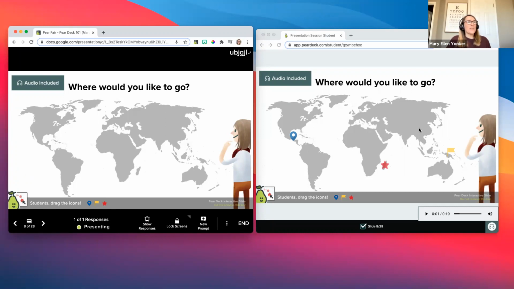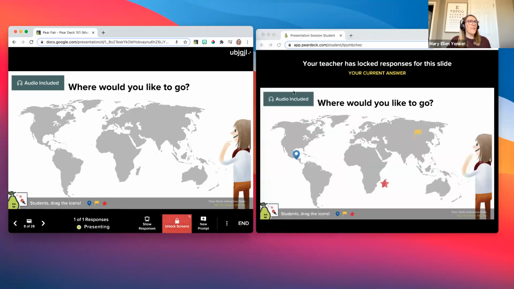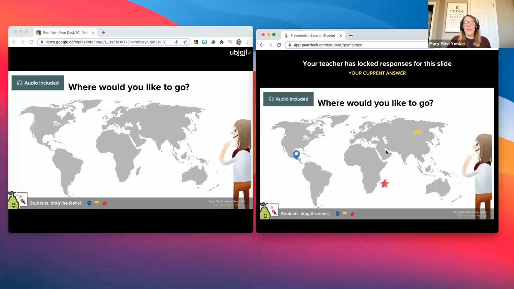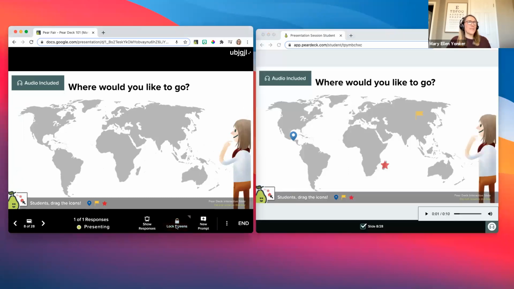So if my students are still making their decisions about where they'd like to go, and I want to stop that process and have a discussion, I can click on lock screens. I get a message as a student that my screen is locked, and I can no longer move the icons on my screen. The teacher can unlock the screens and give control back to the students.